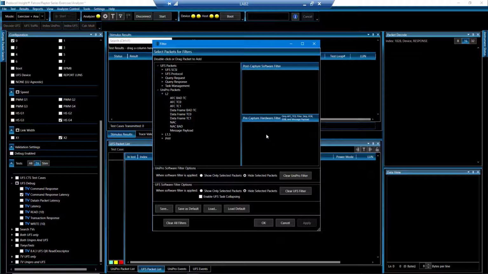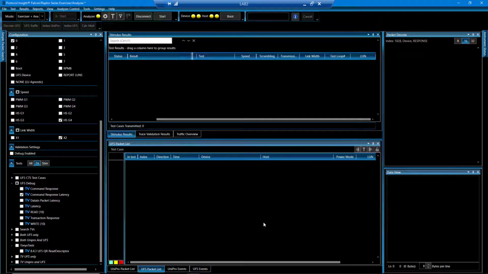With the pre-capture software filter, you can filter out a lot of different types of packets, but the most interesting is message payload. If you filter message payload, we will actually strip out the UFS payload from the packets before we save that. Once you set up your triggers and filters, then we're going to use the exerciser to create traffic